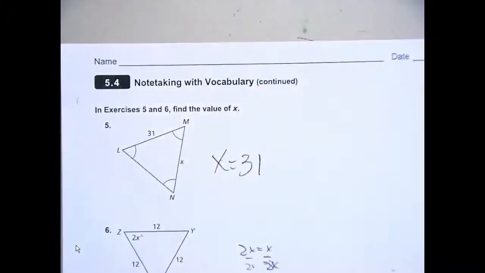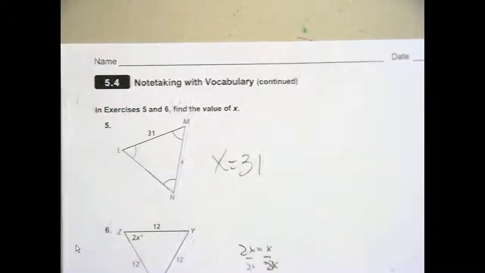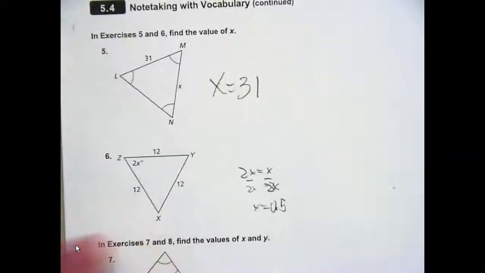All right. Guys, go ahead and make sure that you check your work off there. There we go. Okay. Number 5, x equals 31. It's an equilateral triangle. All sides are equal. Well done there, Maddie. And then number 6, we know that 2x equals x because,